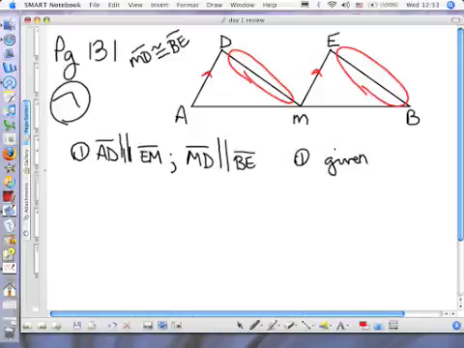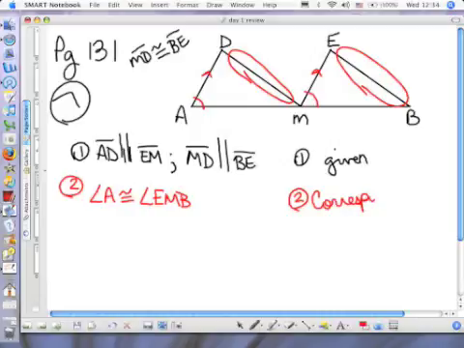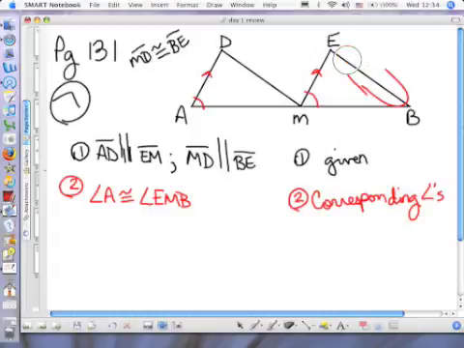What do we know? Angle A is congruent to angle M. We have to call it EMB because there's 3 possibilities for that angle. What are angle A and M called? Corresponding angles. Wait, why don't you have it circled instead of another little tick mark? I mean, parallel mark. Because I was trying to get you to focus only on the parallel lines. Now we're going to look at the second part, which says